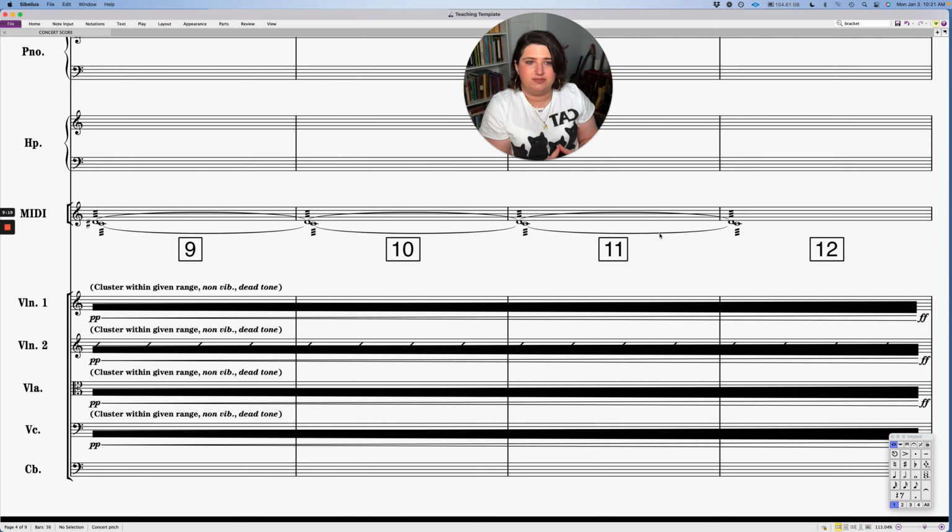Sometimes it's not C sharp D, but all the pitches from C sharp up to a sixth, or using microtones and whatnot. This type of thing I've done before, where I would say cluster within a given range, and sometimes I would mark it non-vibrato and dead tone.